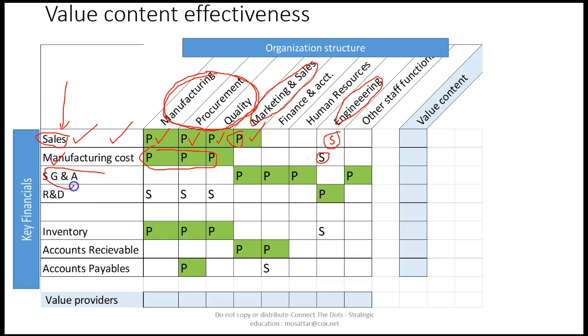SG&A activity will be the budgets in each of the SG&A functions. You got your marketing and sales, you got your finance and accounting, you got HR, other staff functions. So those, once the budgets are given to them, and I think as you are learning through the Gen Inc. case, they have to manage those budgets to make it happen.